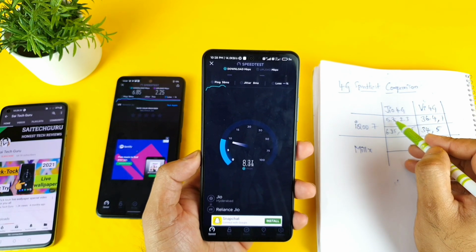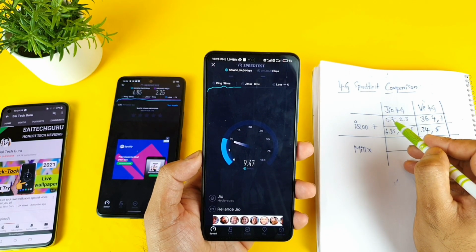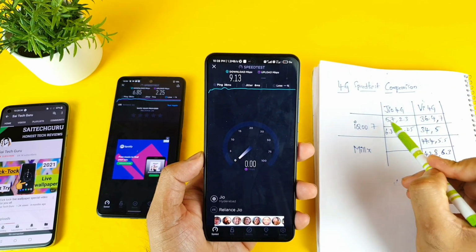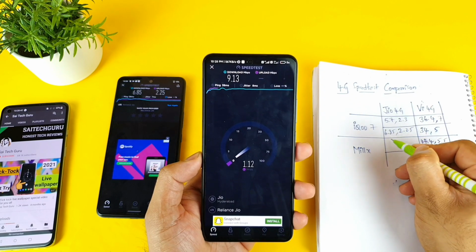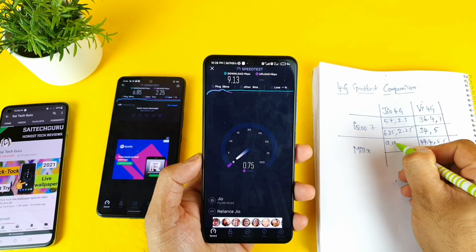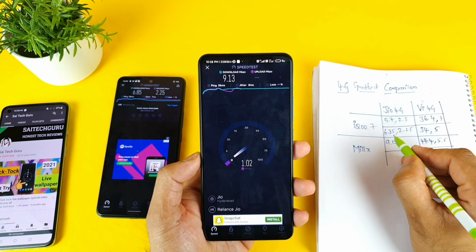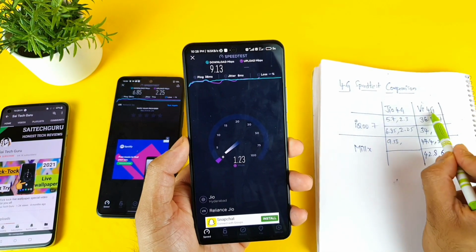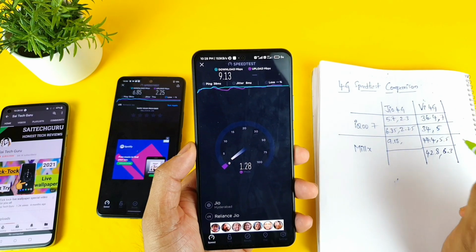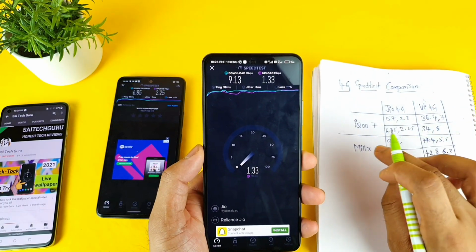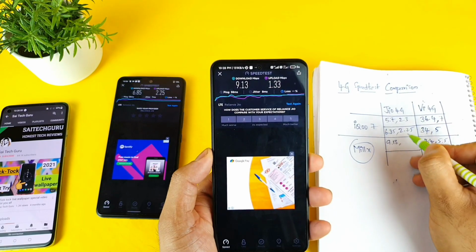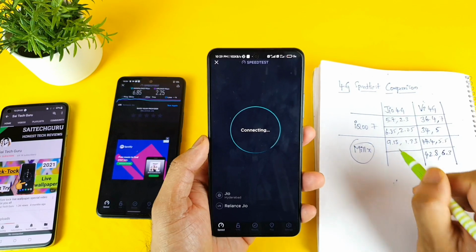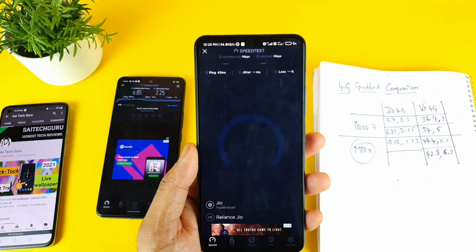So right now it's kind of double speed I'm getting. It's close to 10 Mbps, not quite 10 Mbps, but definitely more than the iQOO 7 speeds, as you can see, friends. So 9 Mbps in the first testing we got, and upload speeds were close to the iQOO 7, so there's not much difference. But overall, in two SIM cards, 2 times testing, in every testing, the Mi11X is a clear winner. That is what I can conclude. So let me try to do the testing again.